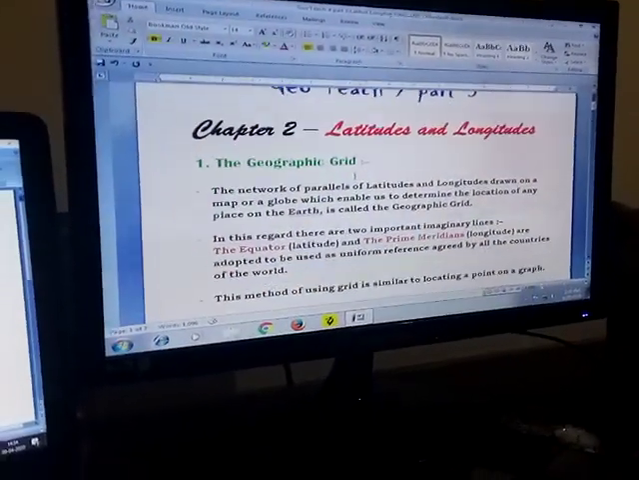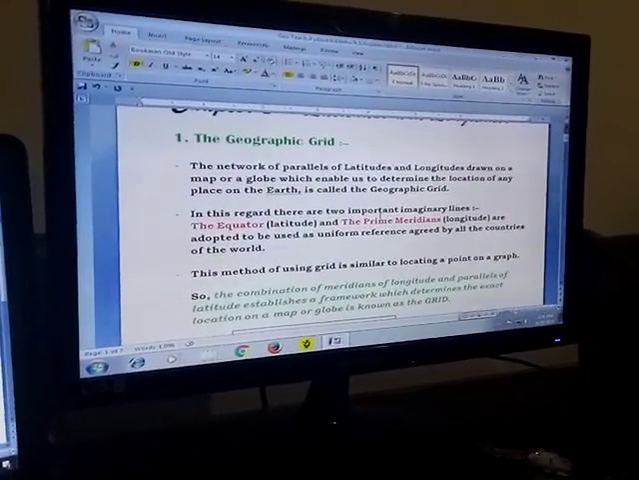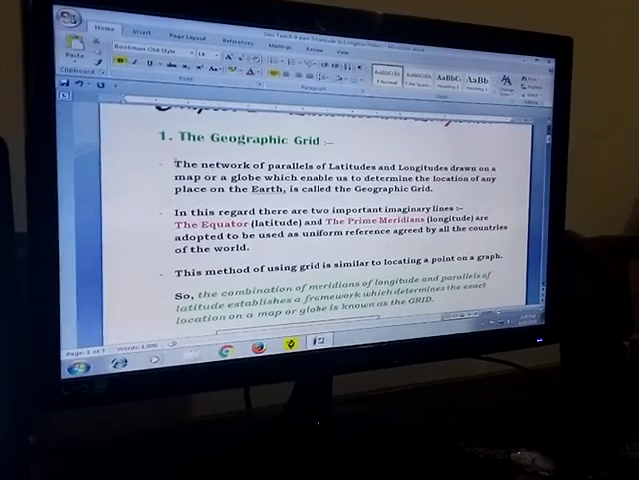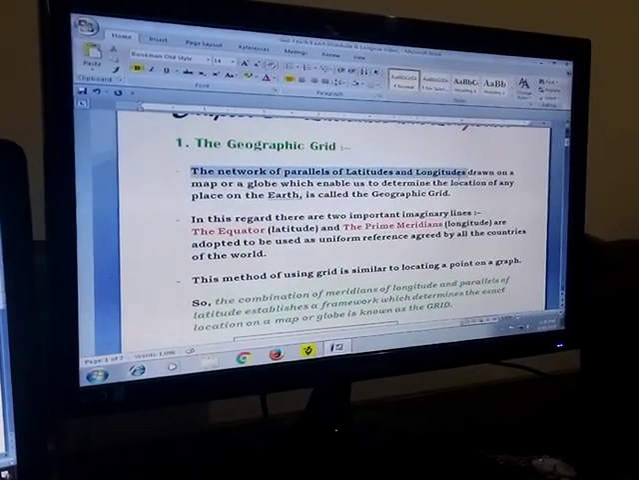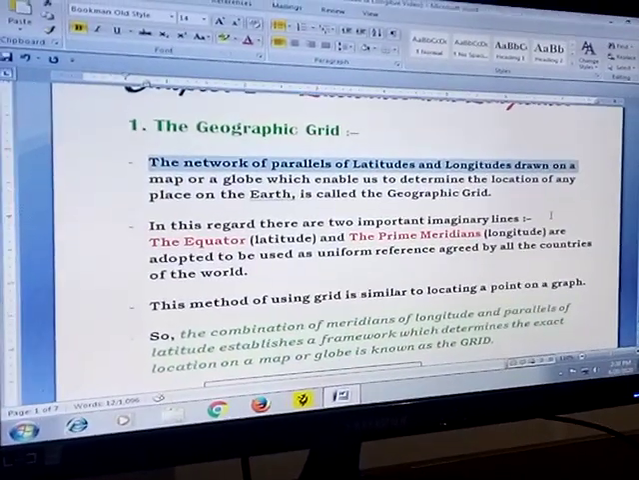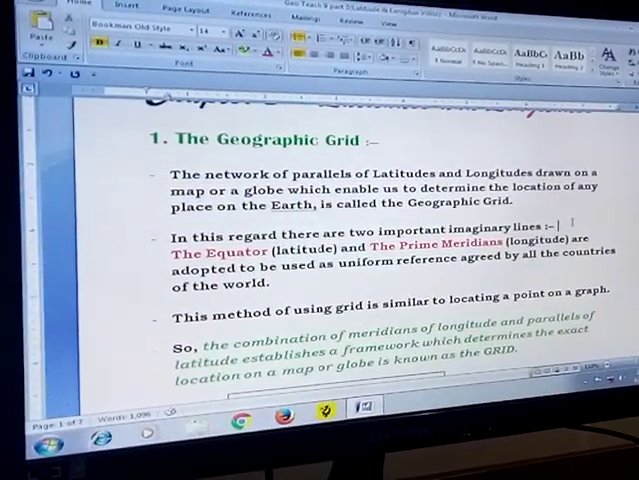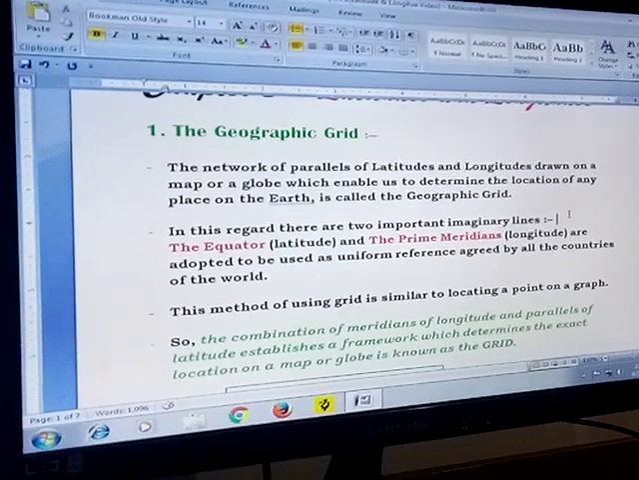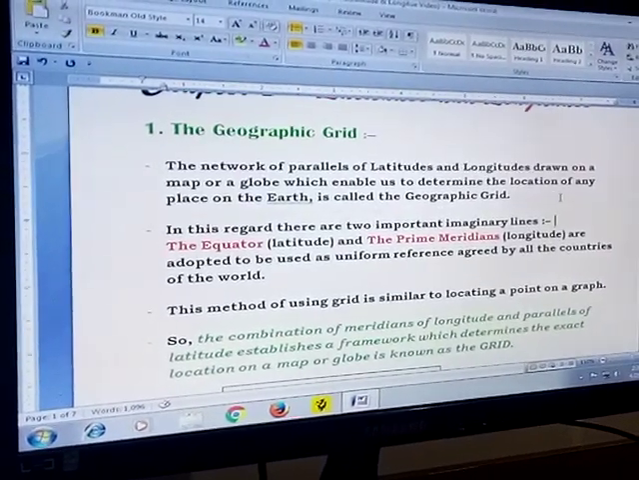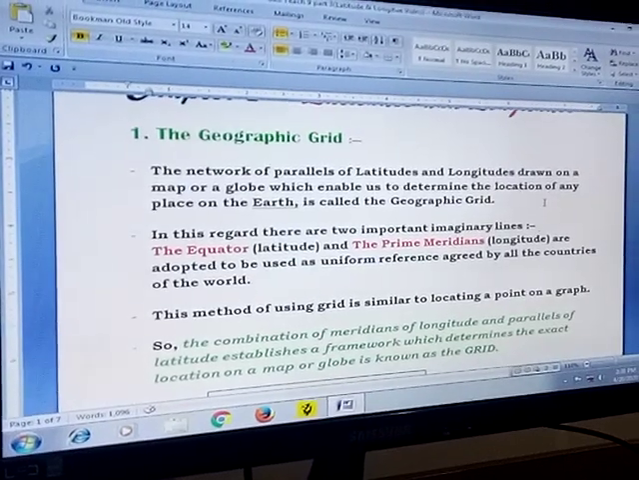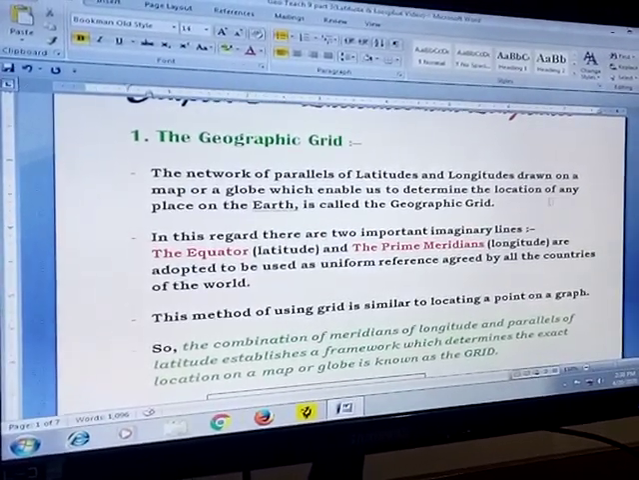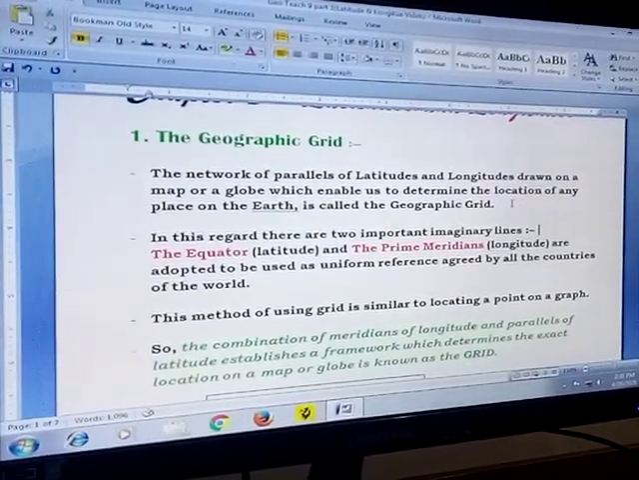Now, what is a geographical grid? Exactly the definition we may say at the end. It is the network of parallels of latitudes and longitudes drawn on a map or a globe, which enables us to determine the location of any place on the earth. That means grid helps to find or locate a particular place on the earth, that is obviously on the map